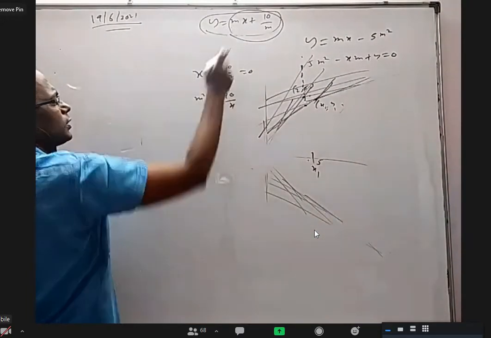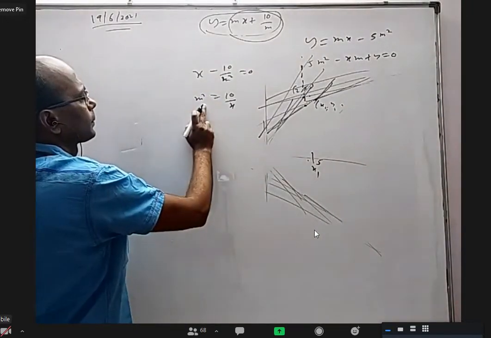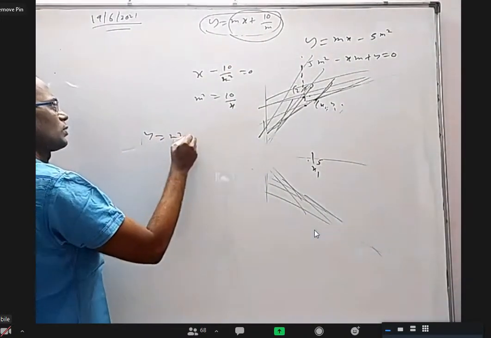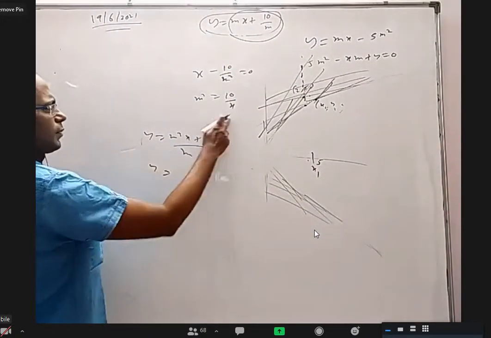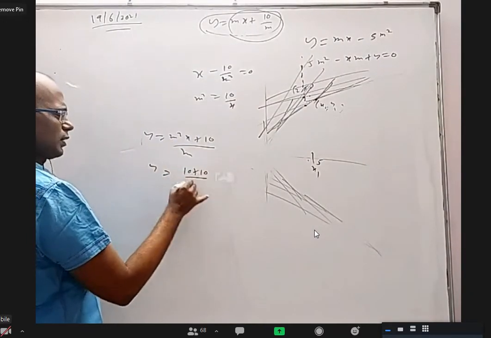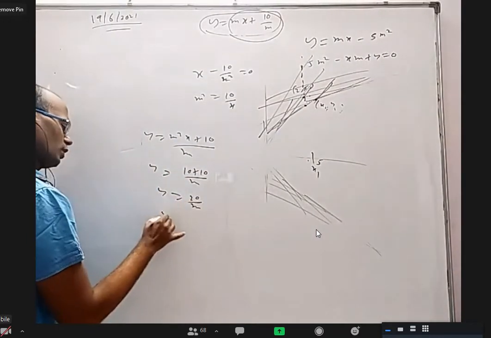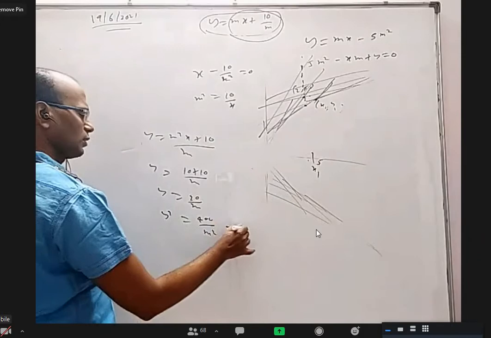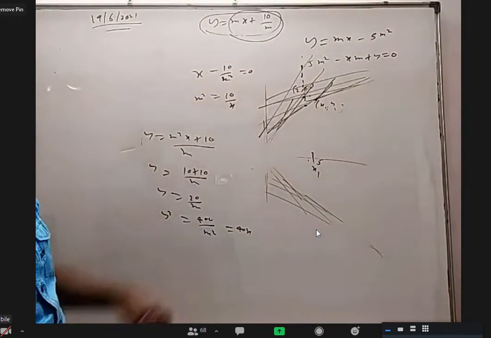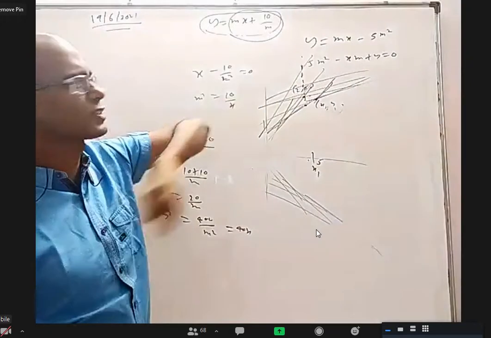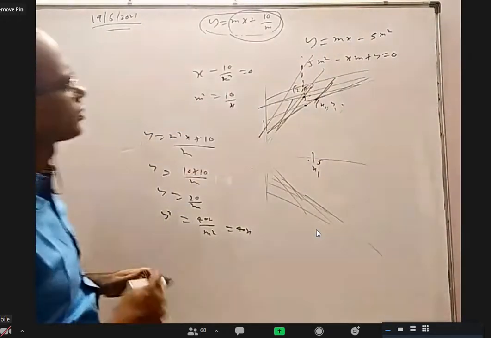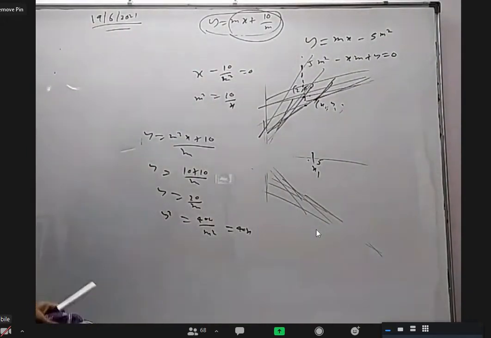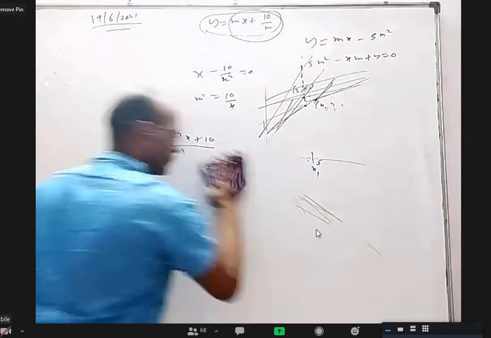I have to substitute this there. So first take LCM, I'll get y equal to m square x plus 10 by m. m square x I can put 10, so 10 plus 10 by m, y equal to 20 by m. Square it, y square equal to 400 by m square. Now in the place of m square, substitute 10 by x, you will get 40x. This is useful, especially when some other functions, I can give m cube here, m power 5 also, you can do it. So these are some different approaches. But if you know the standard parabola formulas, it is easy. But I just want to give you a different idea.